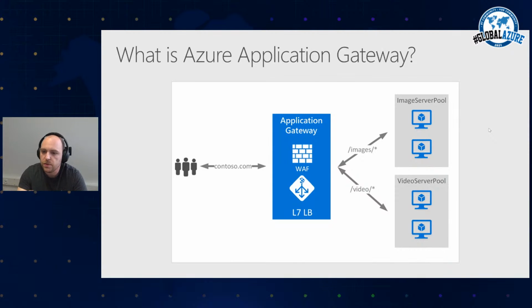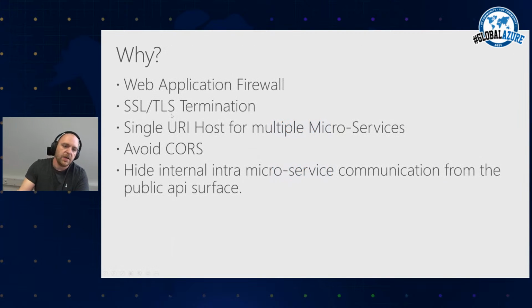And which pool to choose is decided by some kind of rudimentary rules engine or routing engine inside the application gateway. And so that is the application gateway. Why should we use it? As I said before, one of the more important features here is that the application gateway provides us a